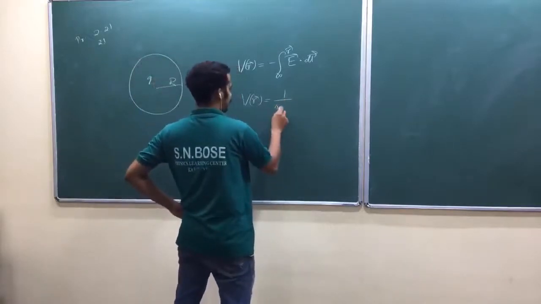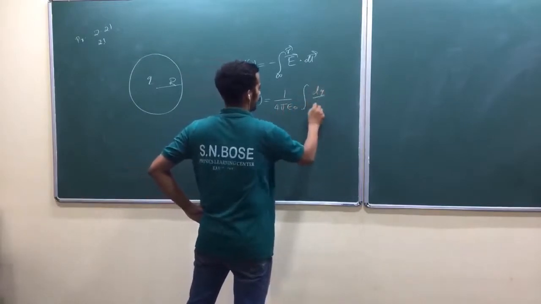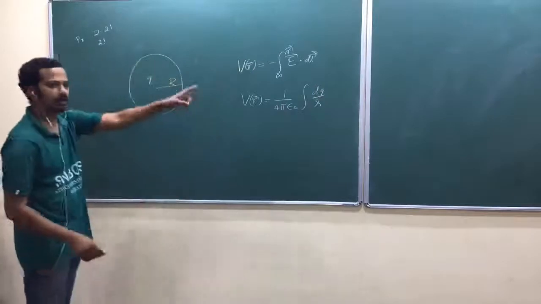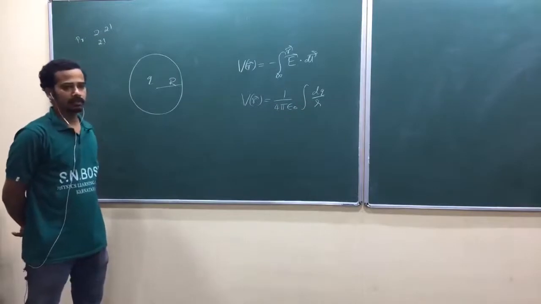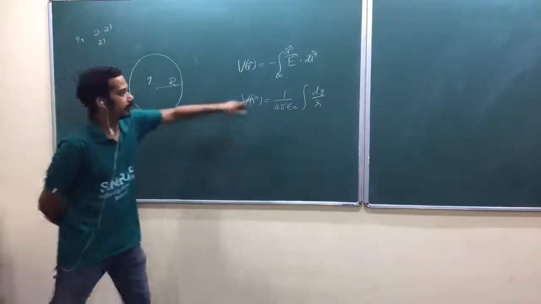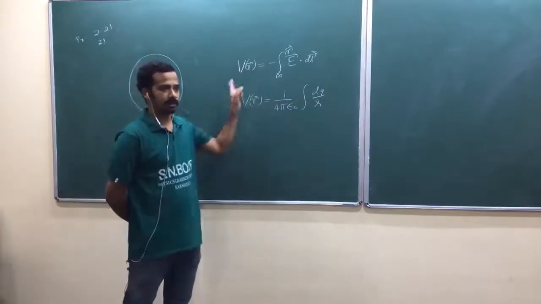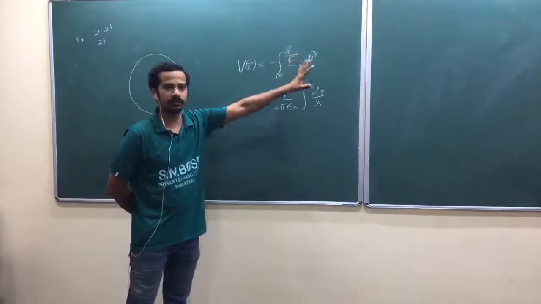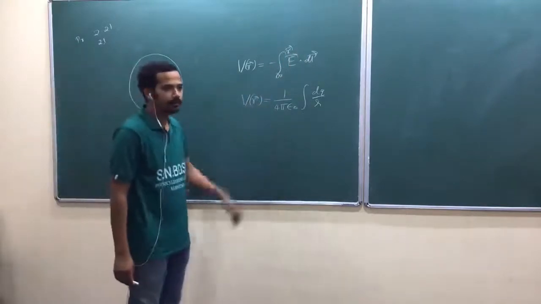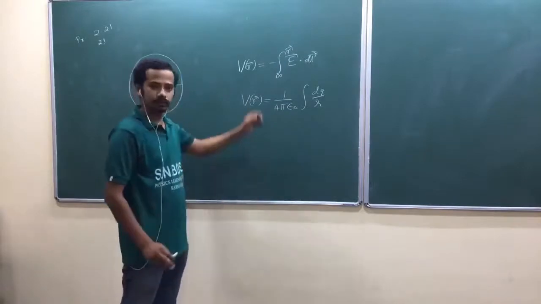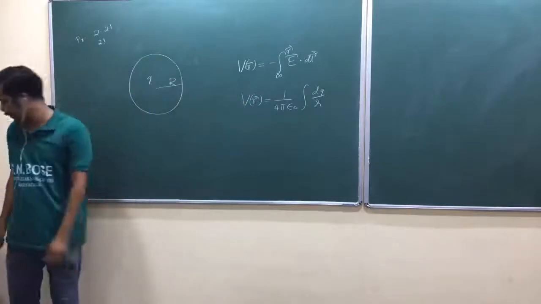Initially you are preparing for multiple choice questions. dV is dq by r, let me write again, rho dτ divided by r. dq is equal to rho dτ if you go for the specific one. So again, these two can be applied, with infinity as a reference point because it is a finite charge distribution, or this is also derived out of this one only, by solving for one charge and generalizing it. This is for a finite charge distribution, obviously. That's why you have to choose this one, because that integral would be lengthy. Or you can check it in the solution manual.